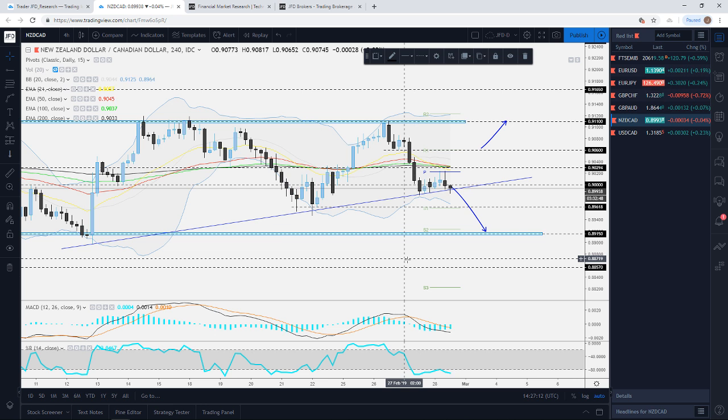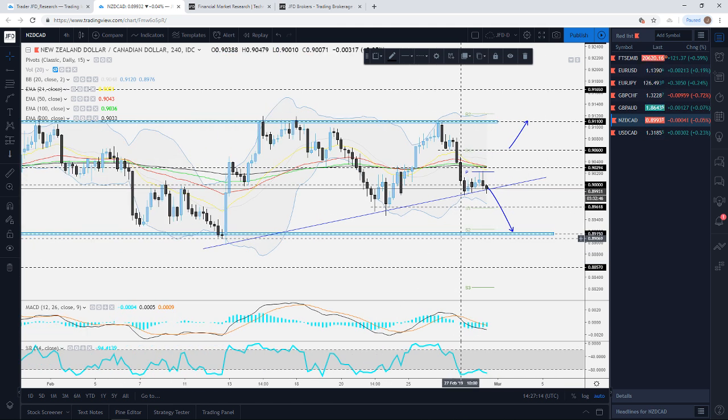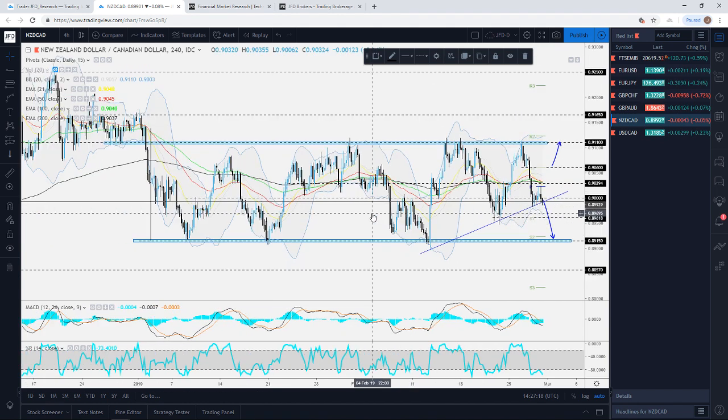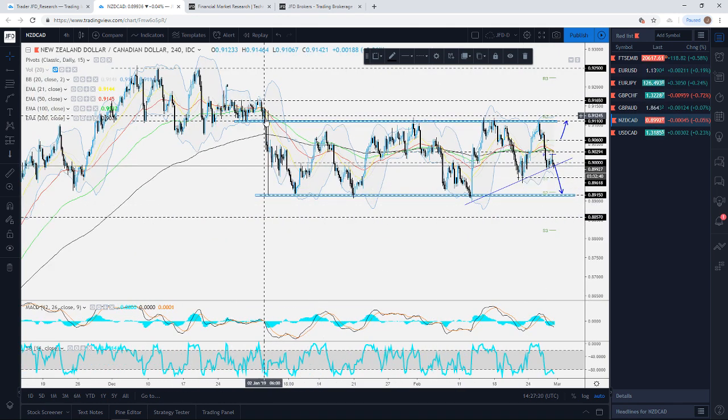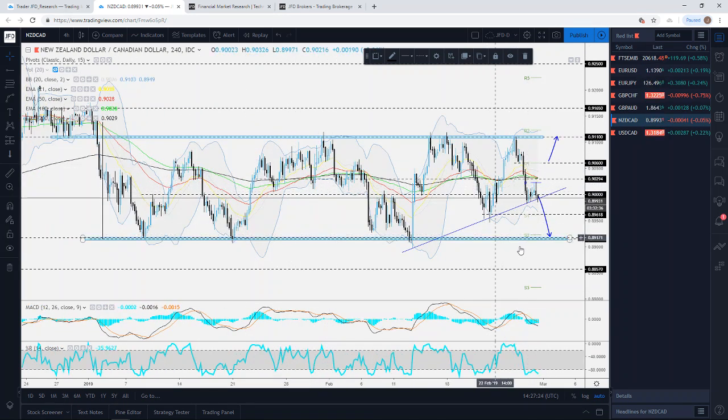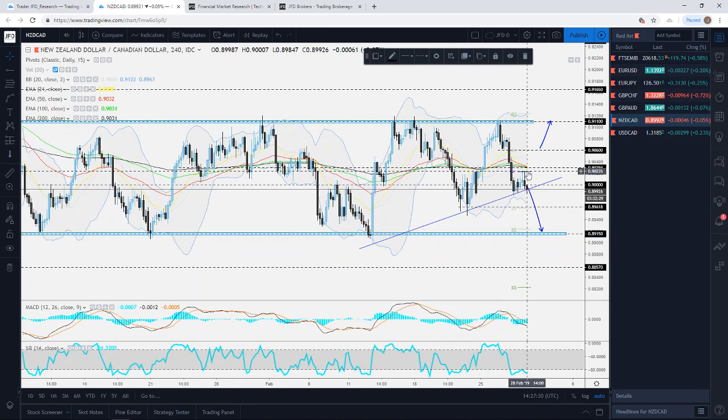NZDCAD, now New Zealand dollar is on the weaker side today. So I was covering this one as well in one of my previous videos. I was talking about this little range that the pair is trading in, between the 0.8915 on the downside and the 0.9110 on the upside. Today it tried to make a push higher. It reached its pivot, found resistance, and then kind of sold off from there,